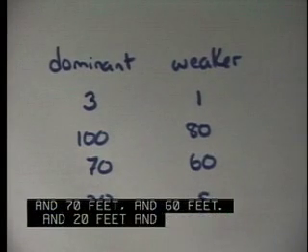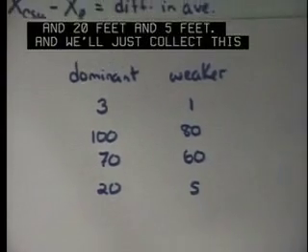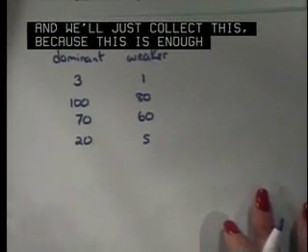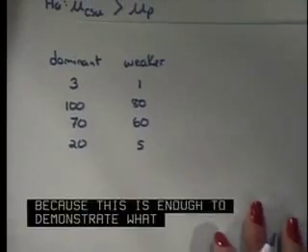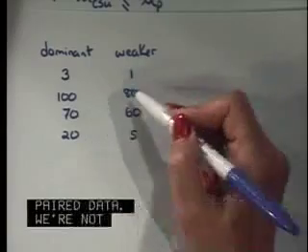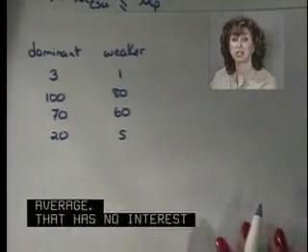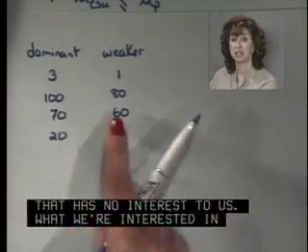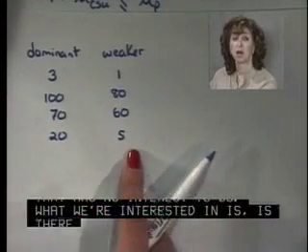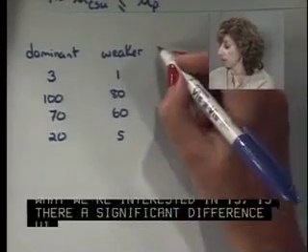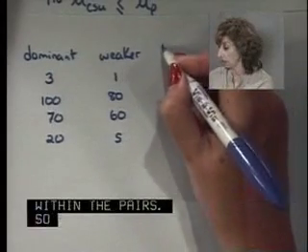And we'll just collect this because this is enough to demonstrate what we're doing here. So now we have what's called paired data. We're not interested if this average is larger than that average. That has no interest to us. What we're interested in is, is there a significant difference within the pairs? So we have the difference column,